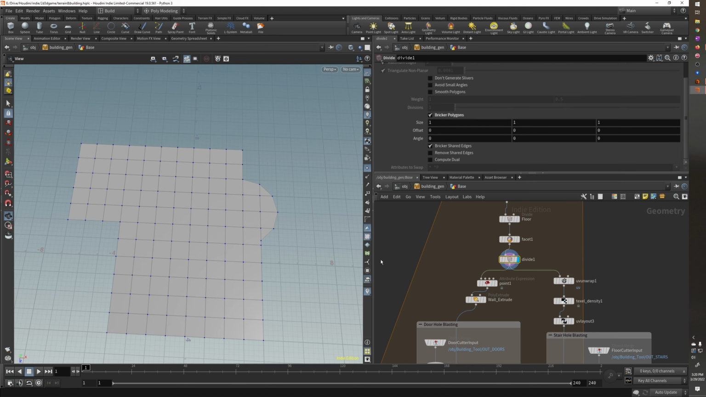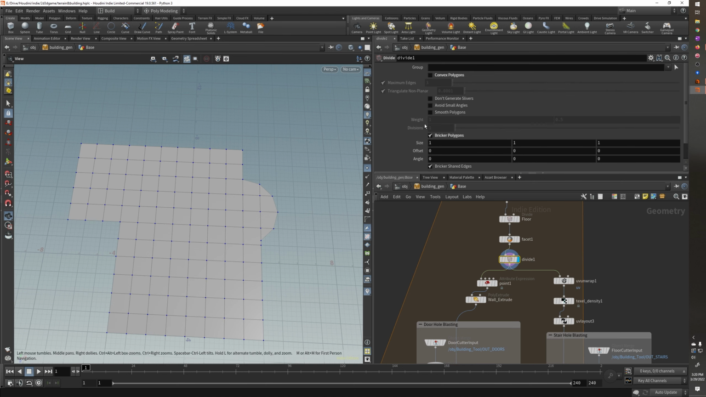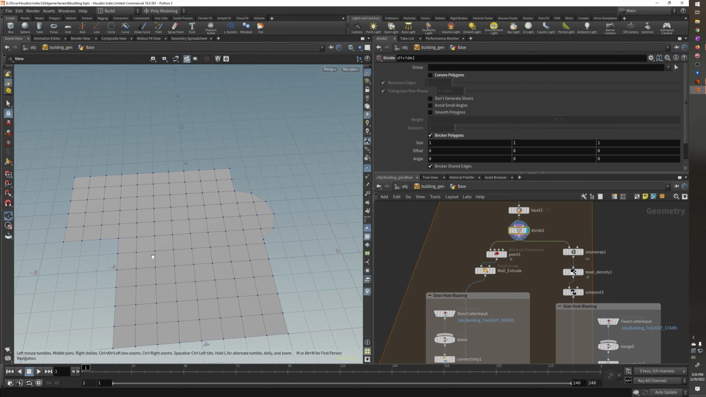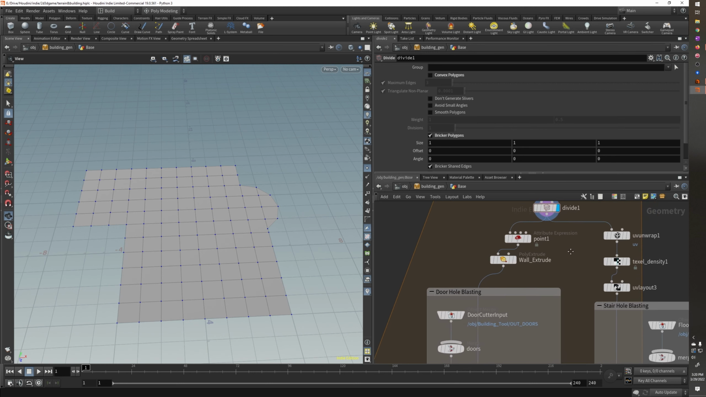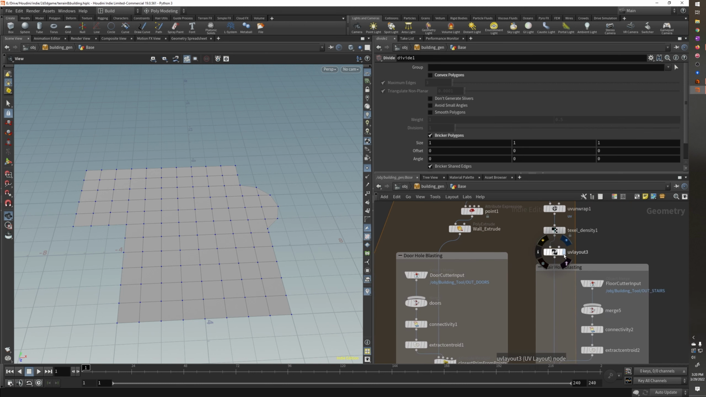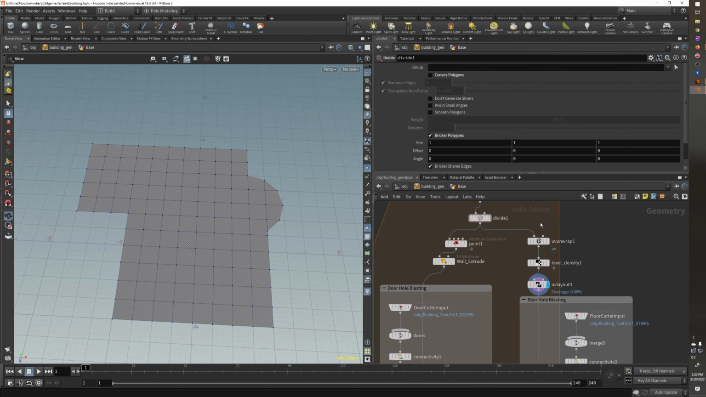And then we divide it again, but we're using a bricker this time, so it divides it into a 1x1 grid. This is very useful for blasting out the floors and also setting up the walls. So let's just do the floor first. We're just UV mapping it,